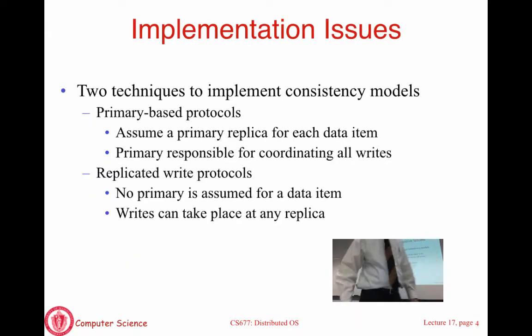Okay. So I'm going to talk a little bit about some ways to implement many of these protocols that we talked about, starting from strict consistency all the way to eventual consistency. The approach that I'm going to talk about is very high level and general. You can adapt any of these consistency semantics to work with these protocols. And there are two classes of them. One is called primary based, which assumes that there is a master. In a primary based approach, there's always a master to which changes are made, and the master's job is to replicate or send these changes to all the slaves. So it's a master slave scenario.